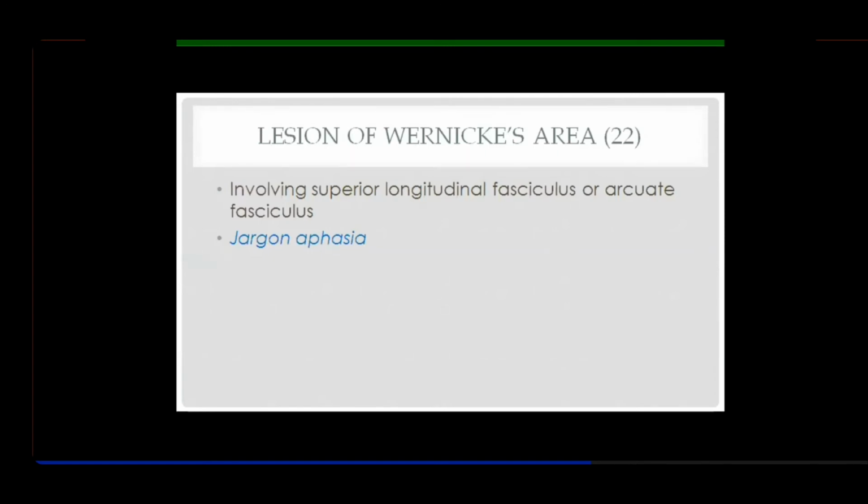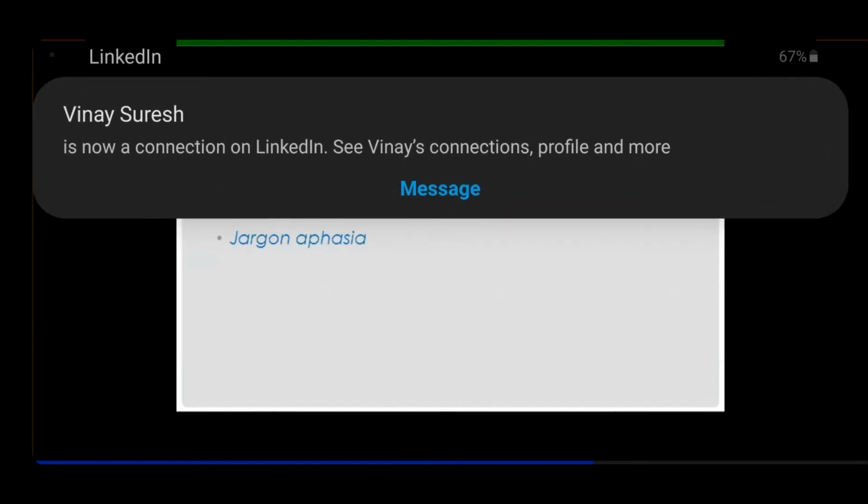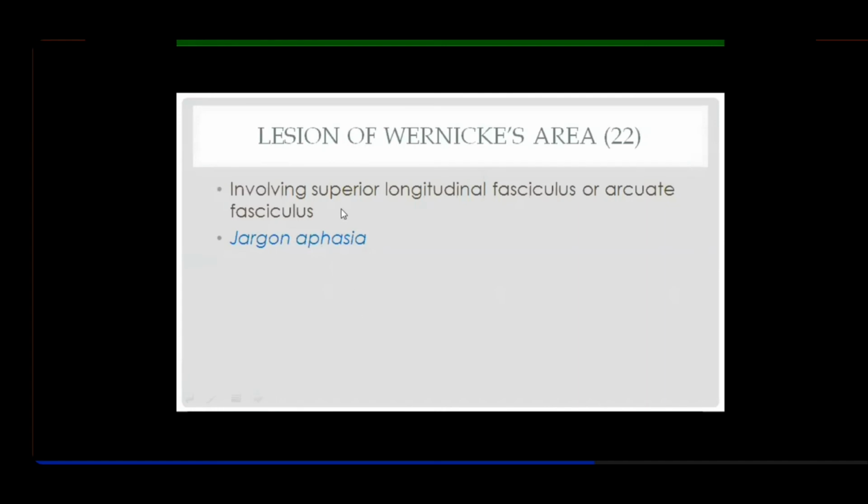and so it is also called the superior longitudinal fasciculus. It is a bigger tract. It communicates the occipital and parietal lobes to the temporal lobes and to the frontal lobes. So it's an arc, a band of association fibers running on the supralateral surface. So through the arcuate fibers, Wernicke's is connected to Broca's. So if there is a lesion of the sensory speech area, including the superior longitudinal fasciculus or arcuate fasciculus, what will happen? He will not understand.